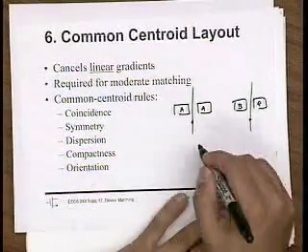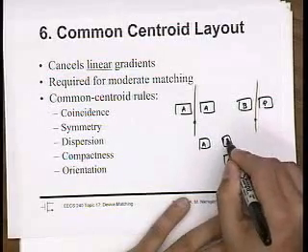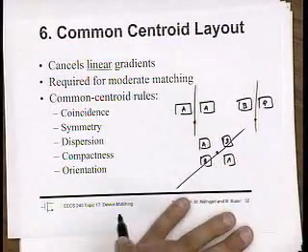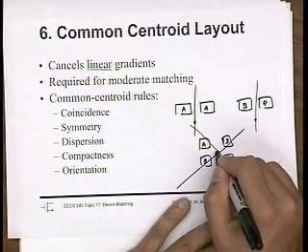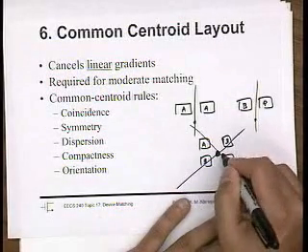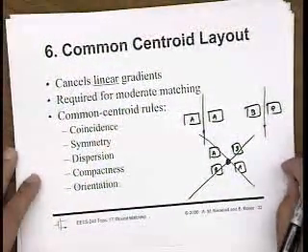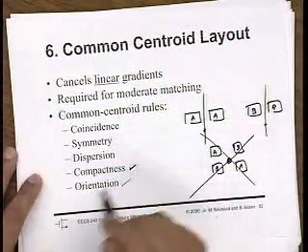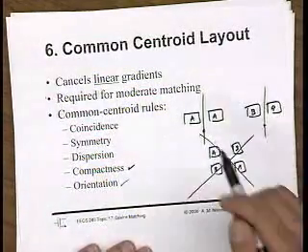And on the other hand, if I put my devices like this, now the center for the A device is right here, and the center for the B device is right here. So, if you like, the center determines the average properties, and because their centers are coincident, on average they're going to look the same. Of course, we're going to make sure they're oriented in the same direction. We're going to make them as compact as we can. And by doing this, what's going to happen is that any kind of gradients that we have,